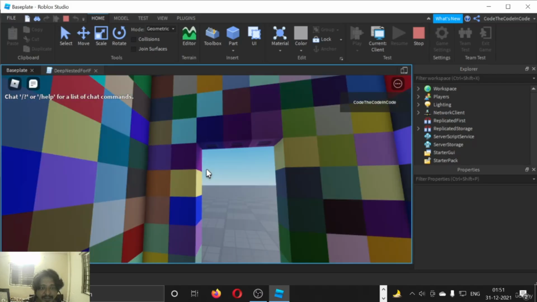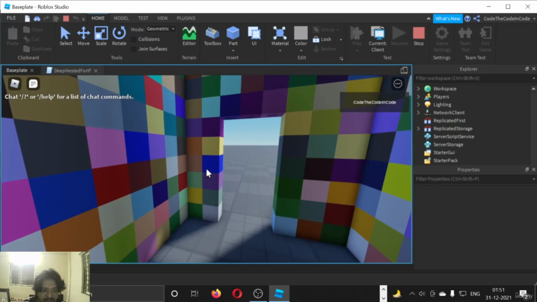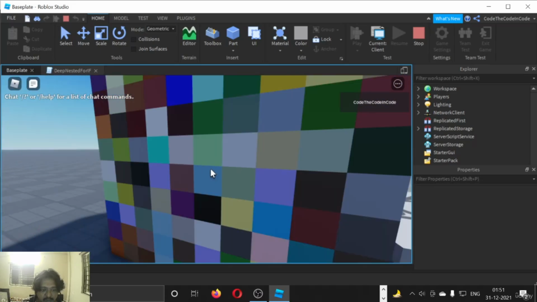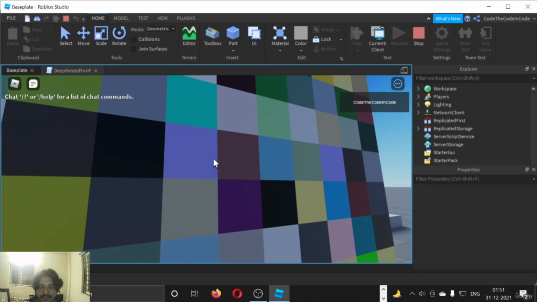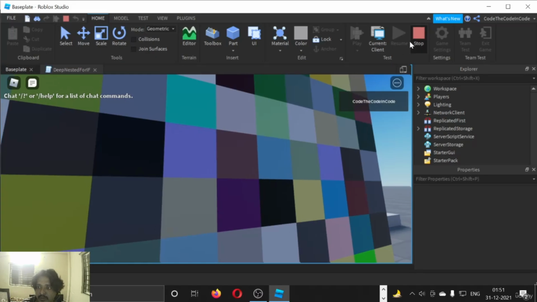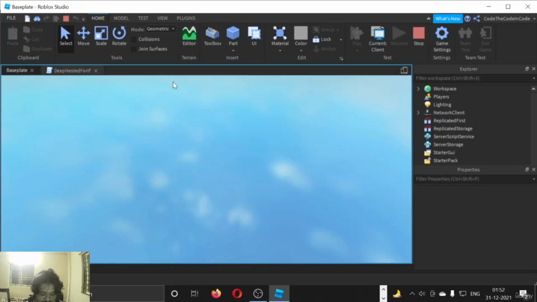Okay, so I think this much is enough for you, but it looks dirty. Here it's just two blocks here and three blocks here. We need to fix this. Fine. So all we do is we just stop it here and we increase the value of i, j and z. Okay, now when we run it, what happens is,